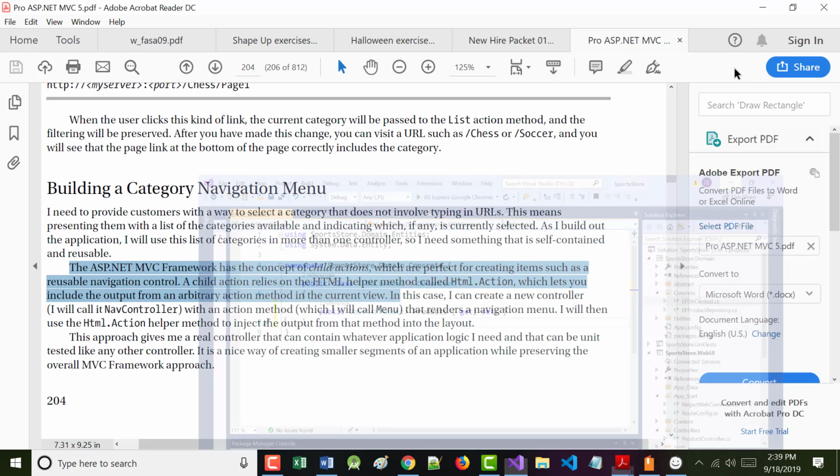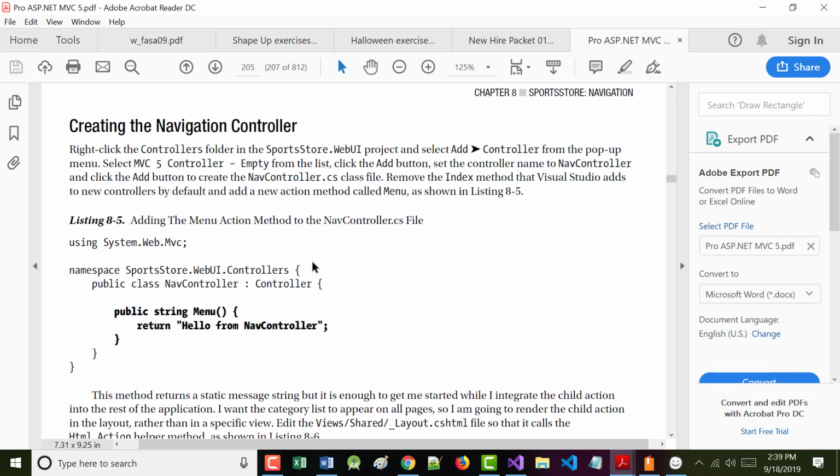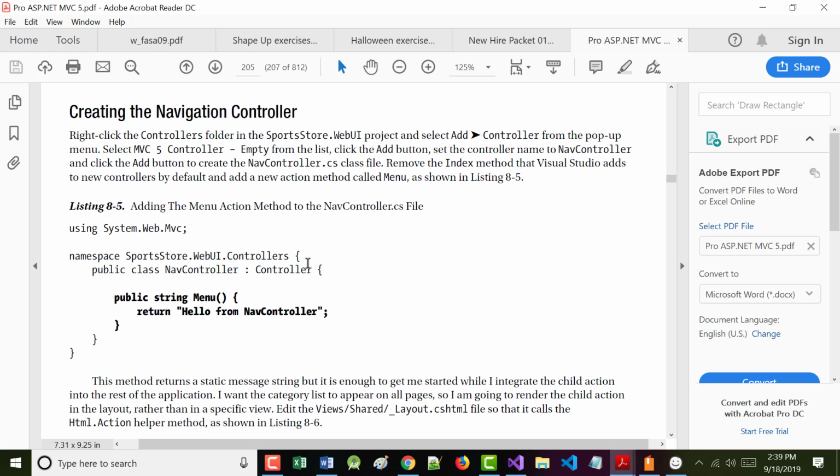So first thing we want to do, since we're doing something new, the author has us create a navigation controller. Right-click on the Controllers folder in the SportsStore Web UI, select Add Controller. It'll be empty, and we will call it NavController.